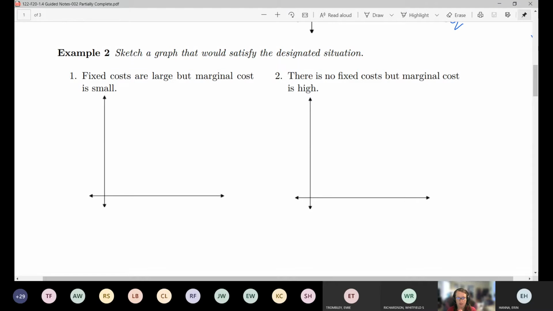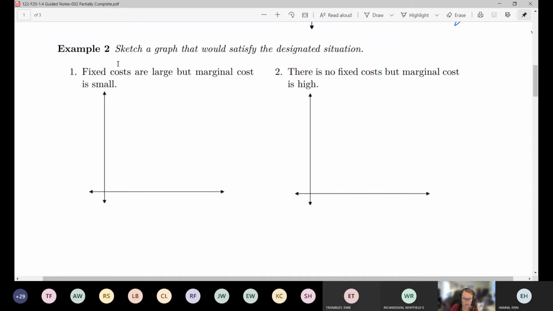So if we have fixed costs being large, that means we're going to have some large y-intercept. So our y-intercept is essentially large, but then the marginal cost being small, so we have a small slope. So that's almost like the graph we did last class time for the cost function, where essentially we start high up on the y-axis for our y-intercept being large. But then if we have a small slope, it means that we just have a very